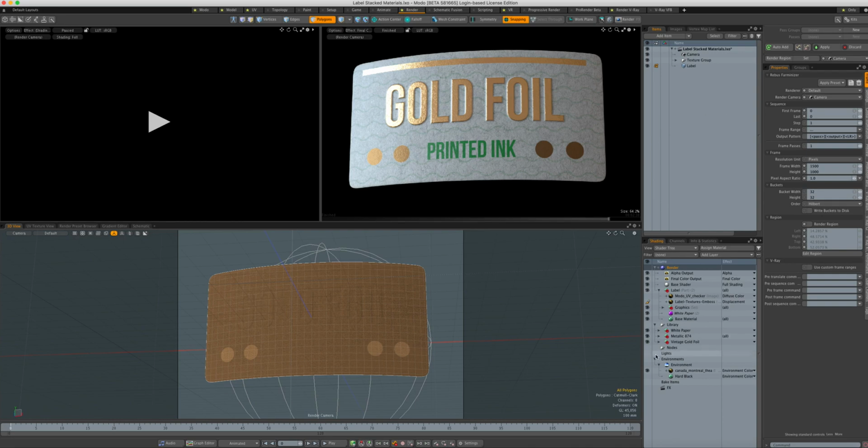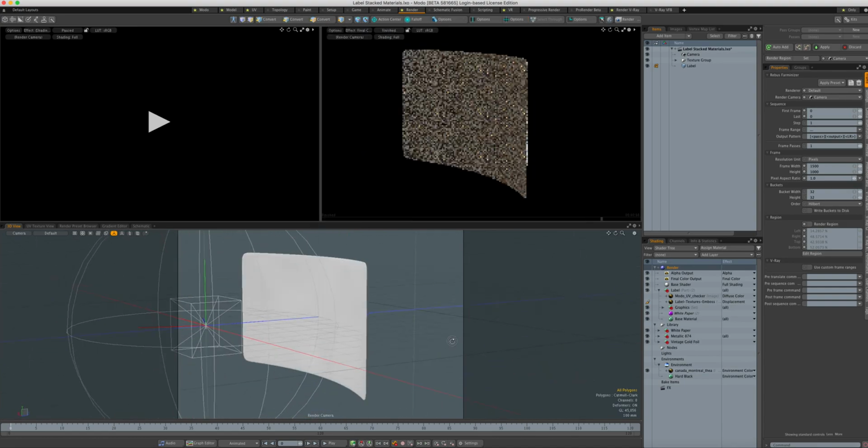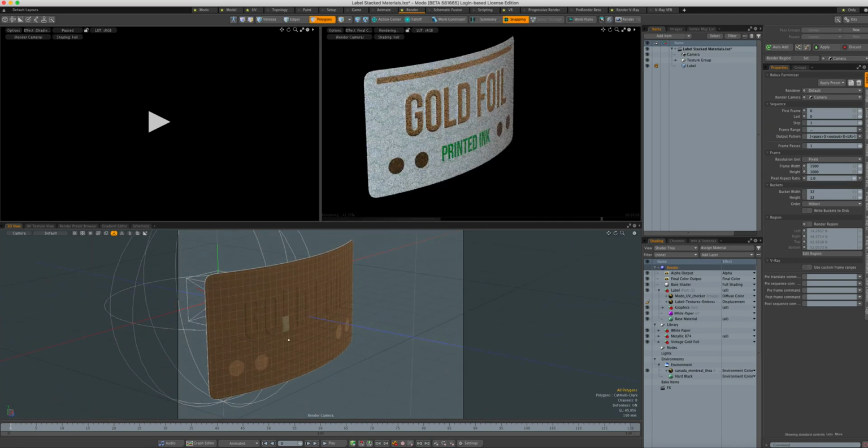So if you're not familiar with the way Modo works, it has nodal materials, but basically everything hinges around the shader tree, which you could think of in simplistic terms as being a little bit like layers in Photoshop. And groups of materials or a material can be masked to a particular item or a selection set or that sort of thing. So what I have here is a simple label with a selection set for the front faces